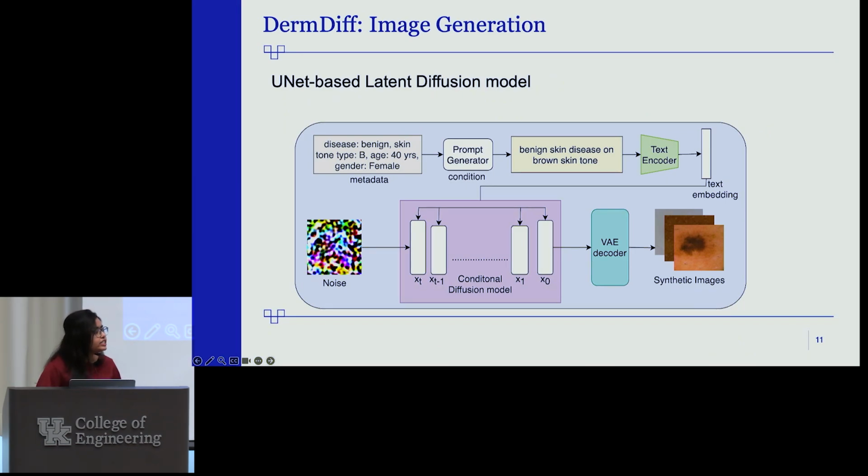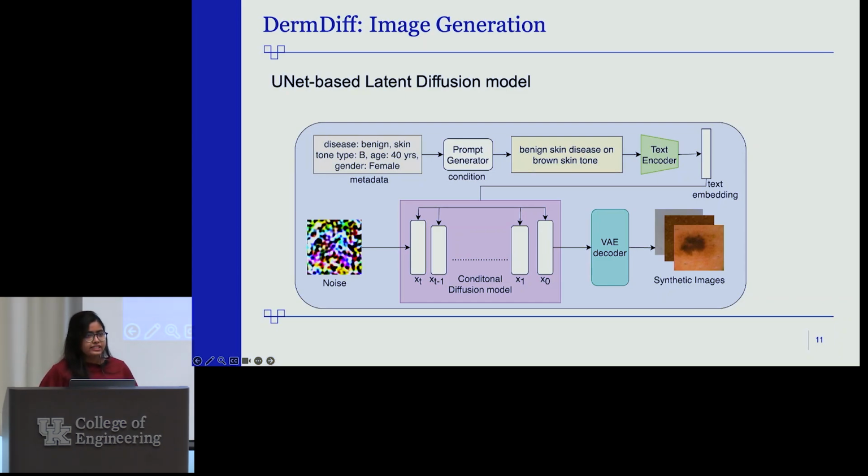So it's a conditional text-to-image diffusion model. It takes a text prompt as a condition. To generate the text prompt, we use the metadata of dermoscopic images. Here we have metadata information: disease, skin tone type, age, and gender. But for text prompt generation, we initially use only two attributes, skin disease type, benign or malignant, and